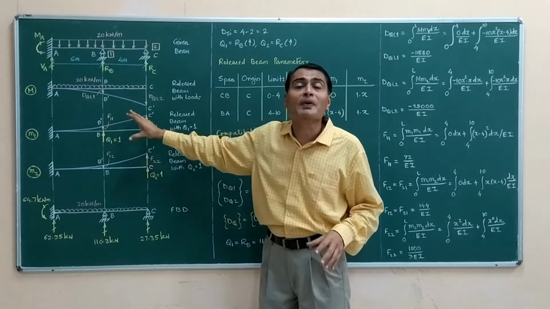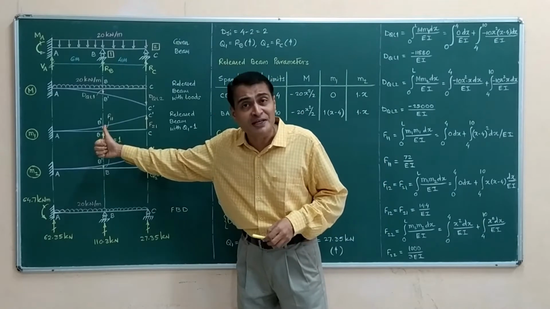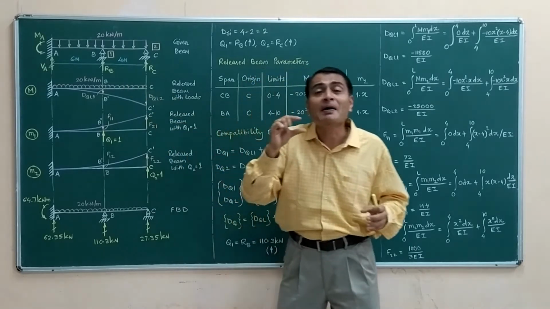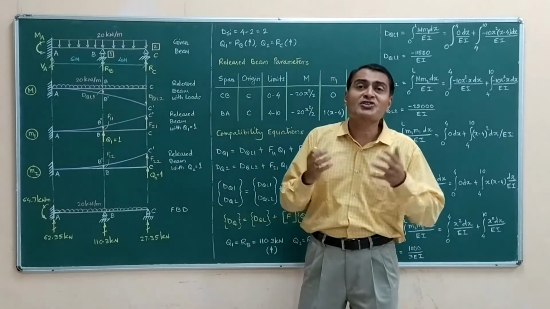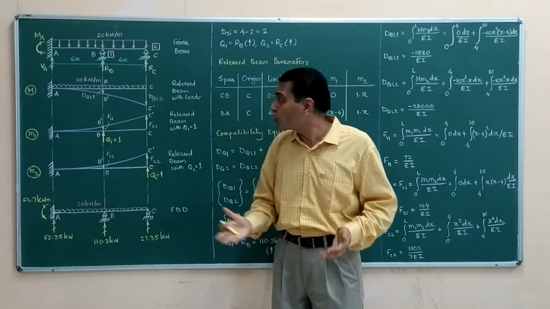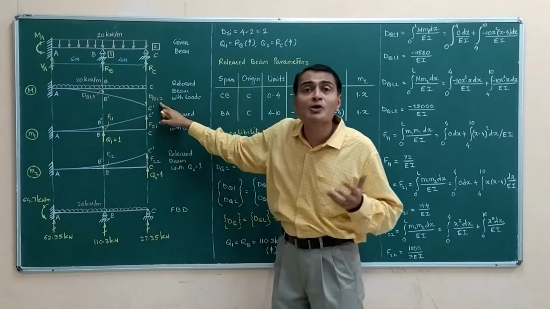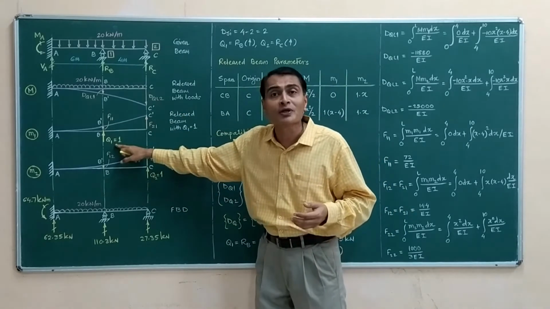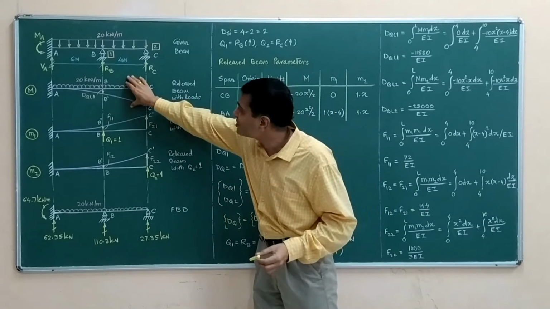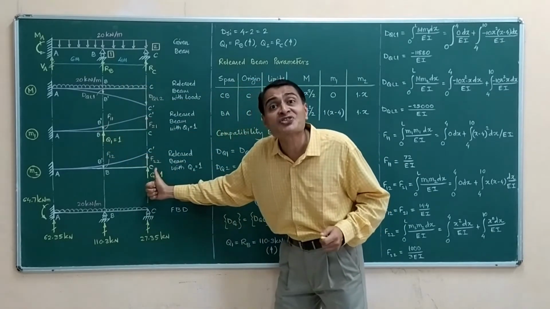Now I go to the second part, where instead of directly applying this entire RB, I am applying unit load. What is the significance of this? Using the unit load method, I am able to calculate all these displacements. Even these displacements I am able to calculate when I apply unit load here. Very frankly speaking, my superposition is this plus this beam with RB and this beam with RC.